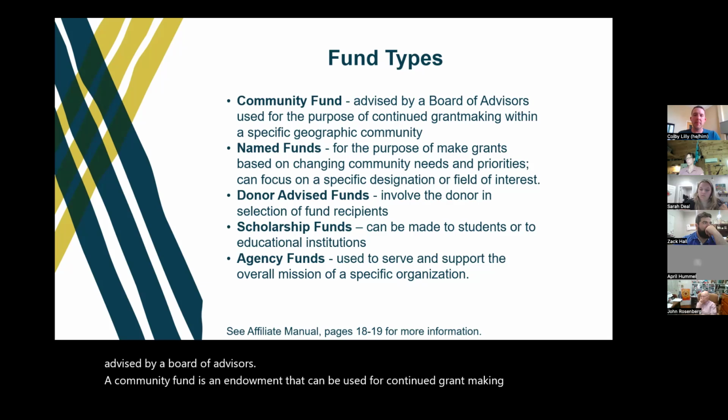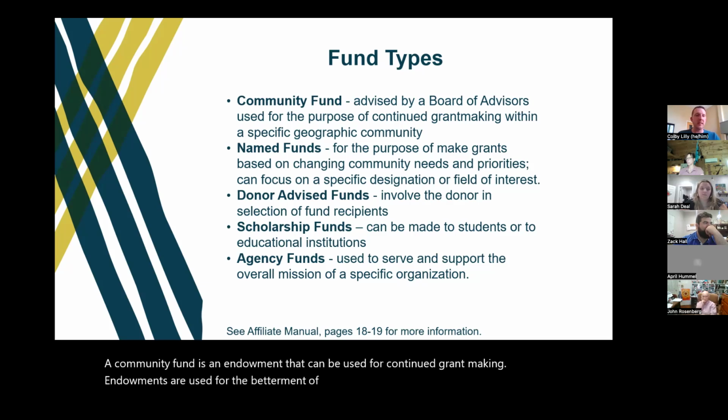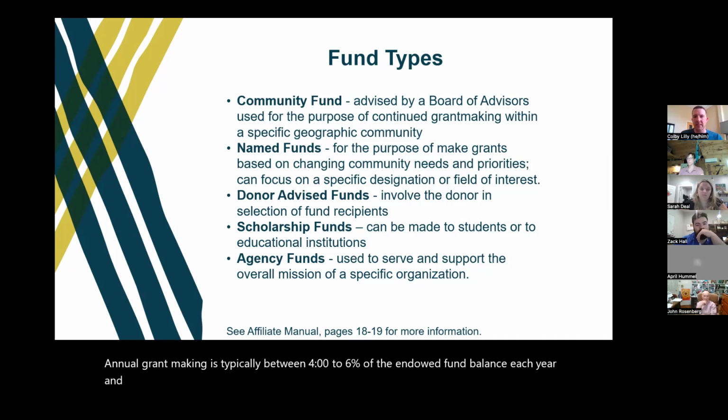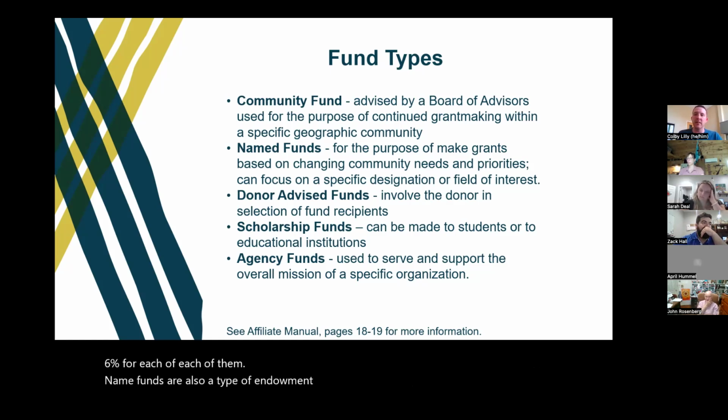Endowments are used for the betterment of local communities by focusing on broad areas. Annual grant making is typically between 4 to 6% of the endowed fund balance each year. And you all will see with most of these fund types, the annual grant making is typically 4 to 6% for each of them. Name funds are also a type of endowment fund that focus on a field of interest